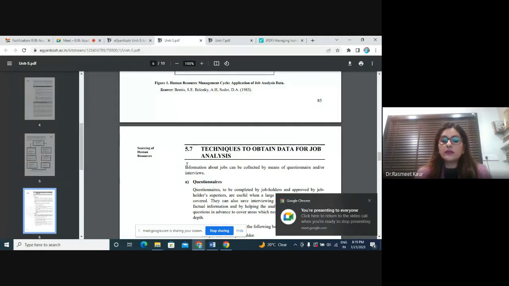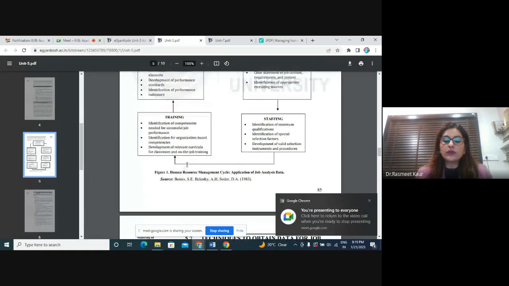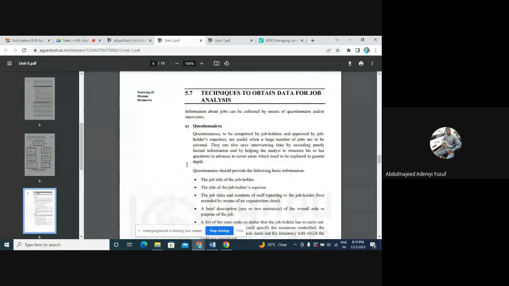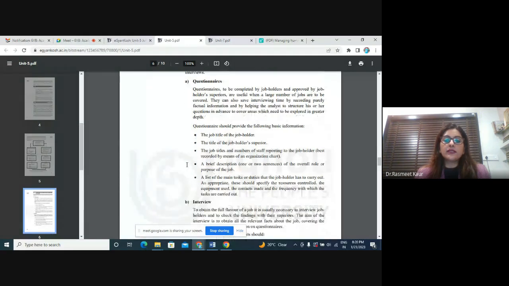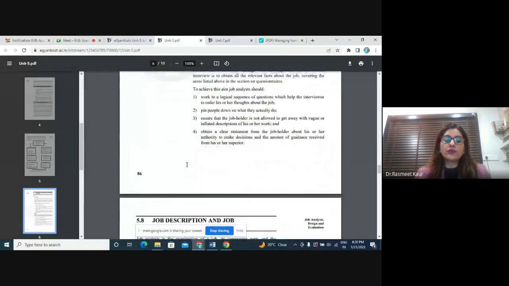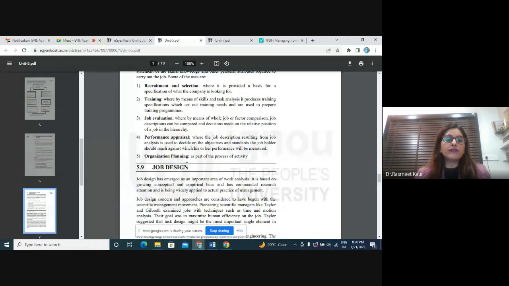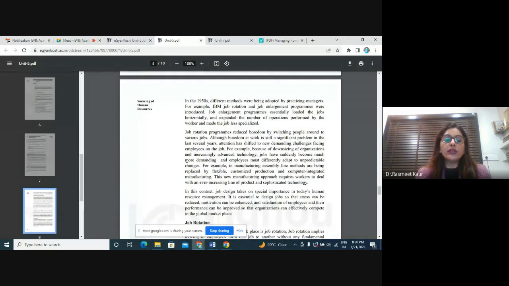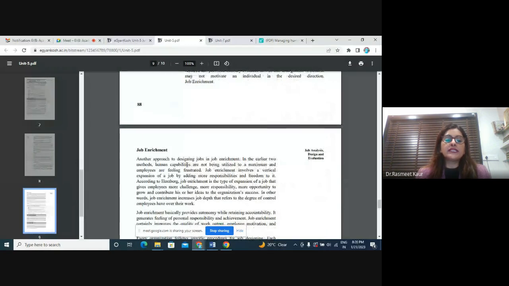Can you see the content which is available on your eGyan Kosh? Yes, ma'am. See, this is what we have just discussed, and what are the techniques we use for job analysis. It is questionnaire, it is interview. So you can see job evaluations are done, different types of plannings are done. What I have explained you is more detailed, so you can just go through these topics, these areas.